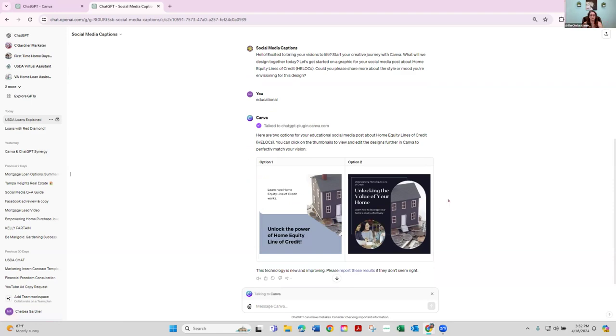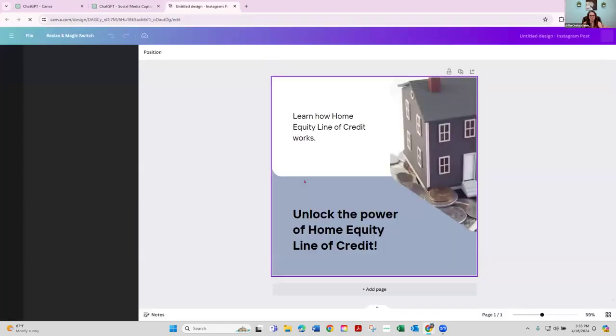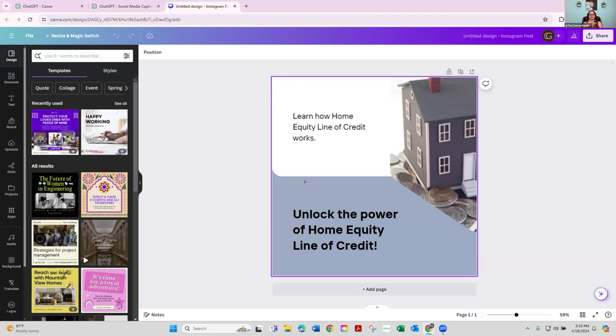Now, my brand colors, if y'all don't know, are hot pink and orange. So obviously this is not bright enough for my liking, but I'm going to go, okay, I really like this option 1. So I'm going to click on the graphic. And as long as I'm already logged into my Canva account, it's going to pull up the graphic.